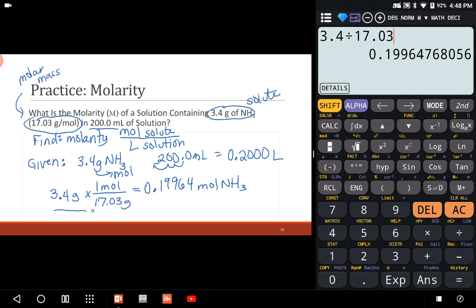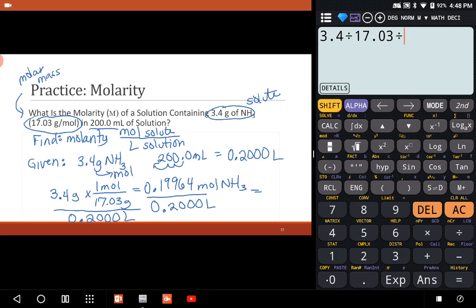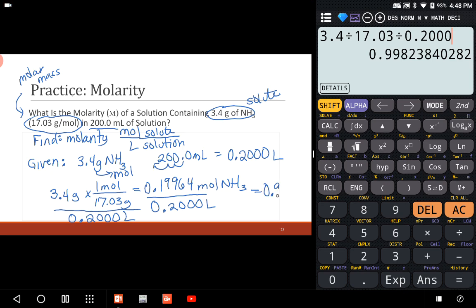And so I'm going to divide both sides by the volume, because if I divide one side of the equation by the volume, then I have to do the same thing to both sides of the equation. And so now this is molarity. So now I have to divide by 0.2000. And that gives me 0.99823